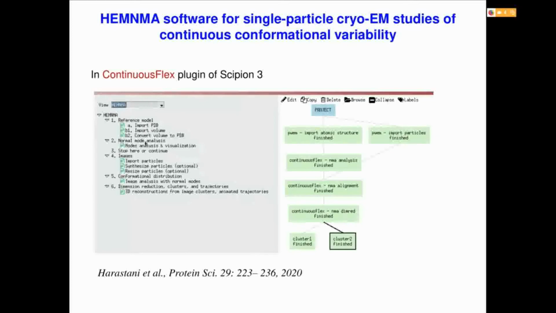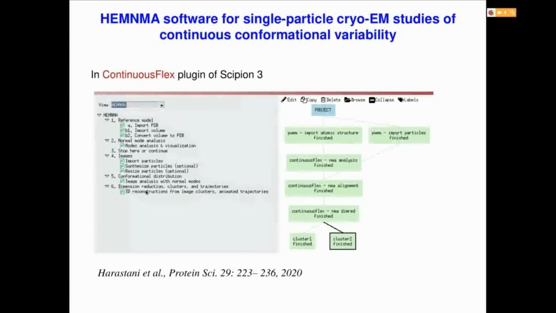We decided to make this available to people who just want to maybe compute normal modes and maybe don't want to analyze images. So they can do the first 2 steps and maybe stop here, or those who want to continue and analyze images using these computed normal modes, they can proceed 2 further steps